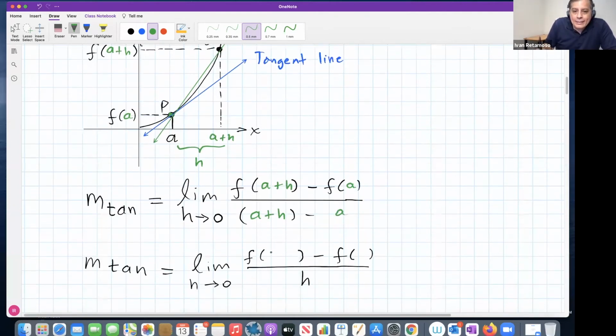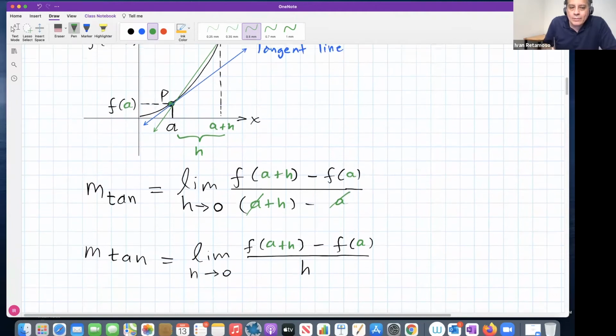Do the math here, simplify. Take the limit as h approaches 0, because notice as h approaches 0, the secant line will get closer and closer to the tangent line, right? So that's the whole idea. So a minus a is 0, so h here stays by itself. So this limit as h approaches 0, the limit of this quotient,